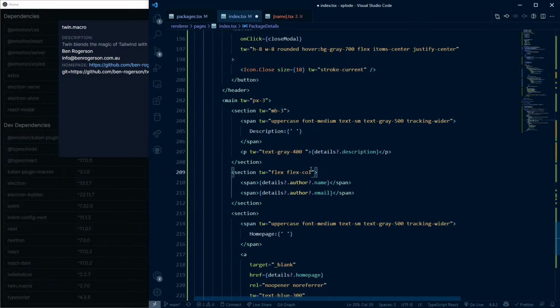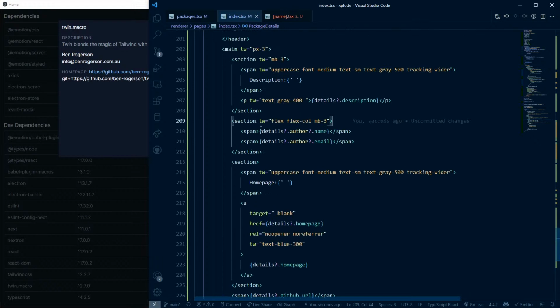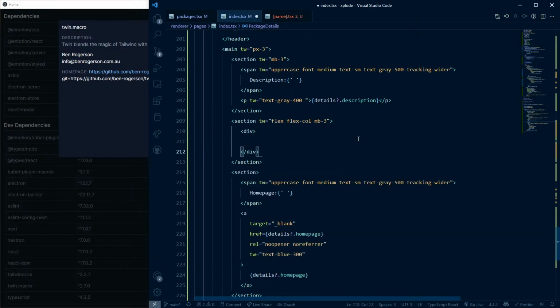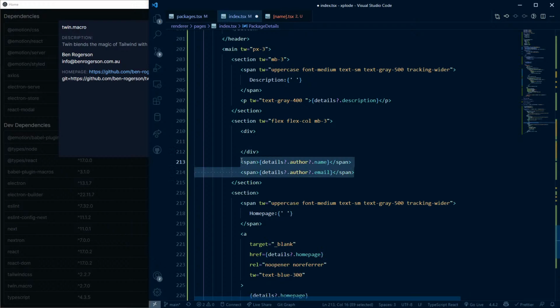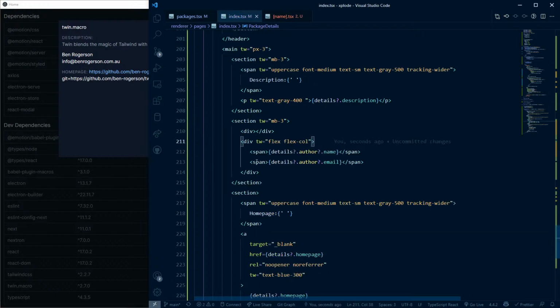MB3, is that, let's do a div there and a div here. That,